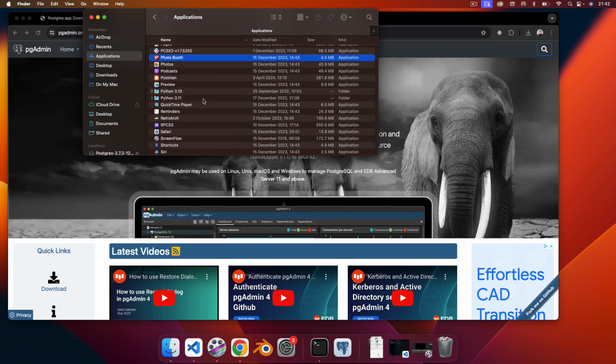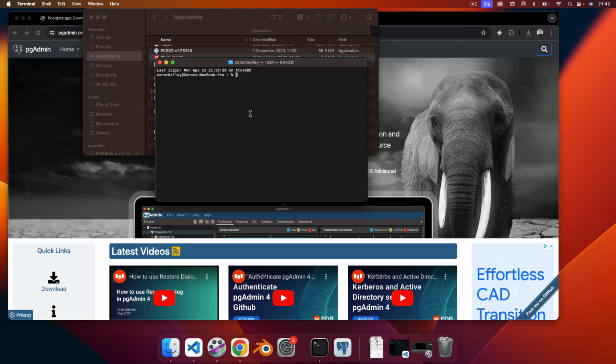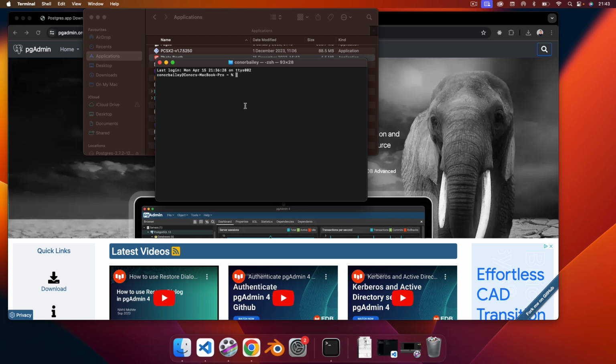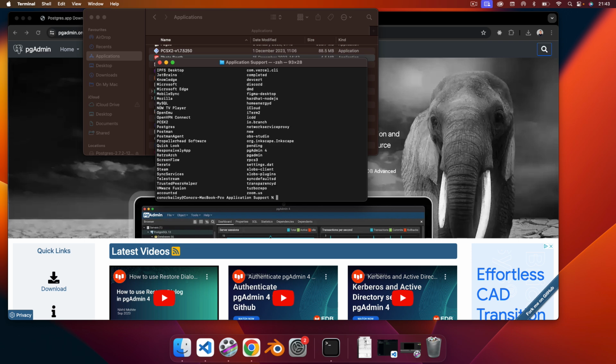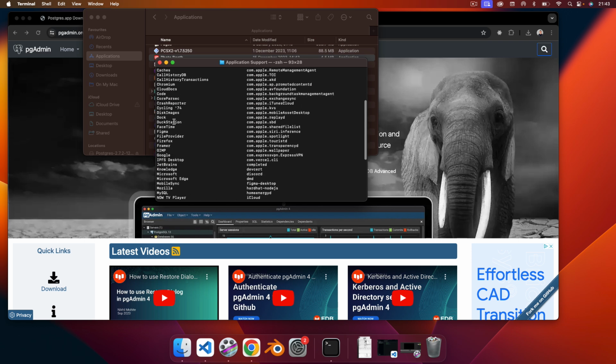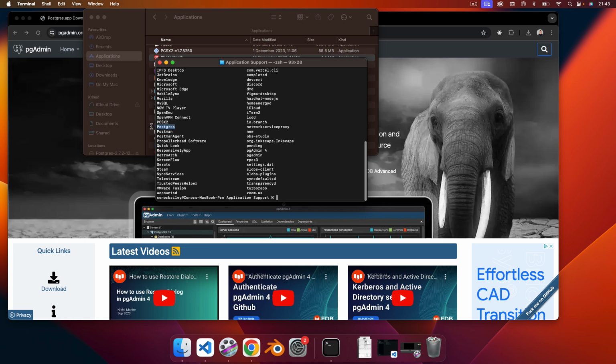We'll move that to the bin, and then we also need to remove it from our actual registry in our machines as well. So to do that, I'm just going to cd into my users folder here. You can see I have my username, so I'll cd into my username, which is Conor Bailey. And then from here, I'm going to cd into the library folder, and then from here, we'll cd into application support. Like so. And in here, if we do an ls, you can see that we should have a Postgres folder here. Okay, and if we cd into Postgres,